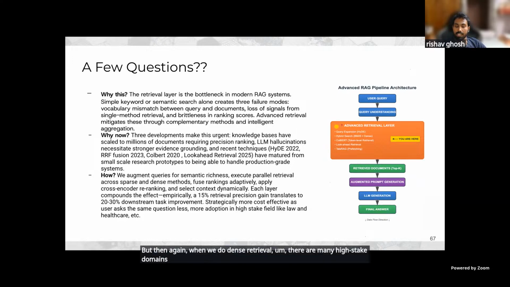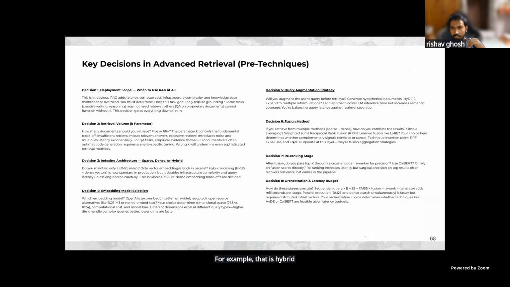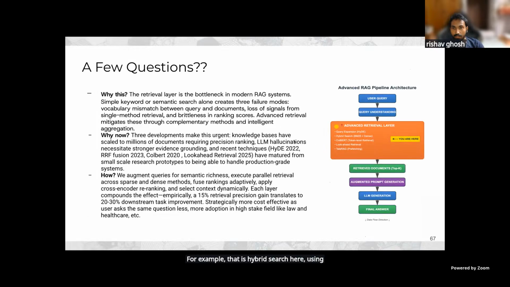For example, in healthcare, or in technical jargon, if we want to search the exact Python 3.1 docs, then we want the solution from that particular version itself. That's where dense embeddings fail. So we have found that it's very important that we come up with combinations, for example, hybrid search using BM25 and dense vector embeddings.